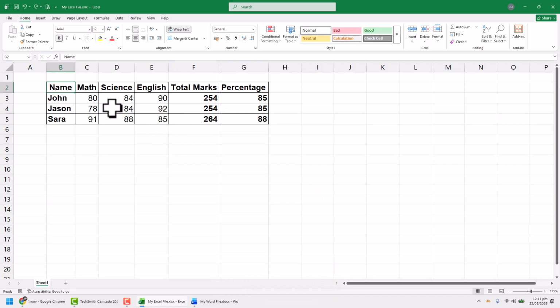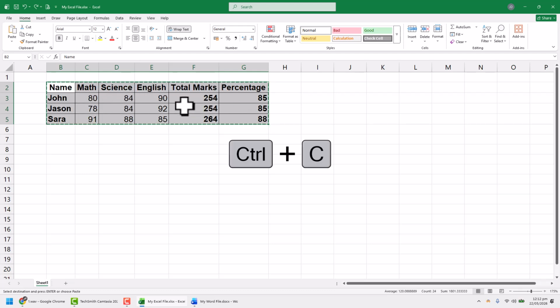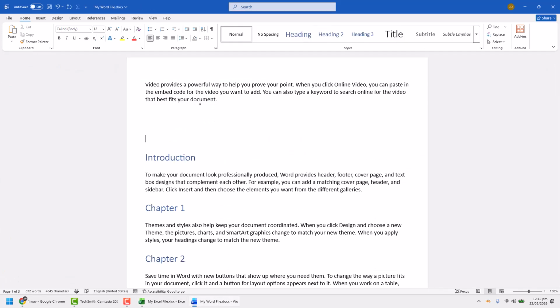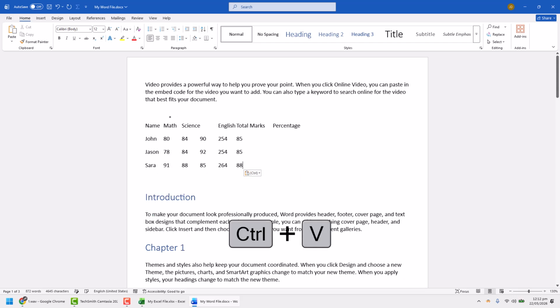First, let's start with the easiest and most common method. Open your Excel spreadsheet and select the cells or table that you want to insert into Word. Once selected, press Ctrl and C on your keyboard to copy the data. Now switch to your Word document, place the cursor where you want the spreadsheet to appear, and press Ctrl and